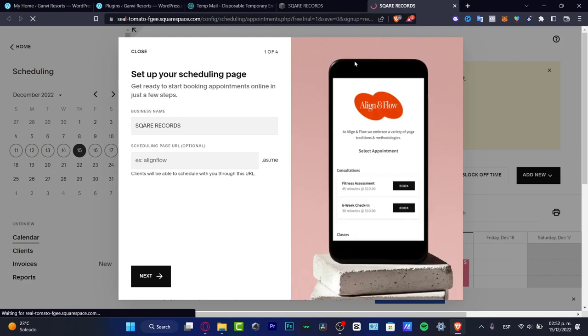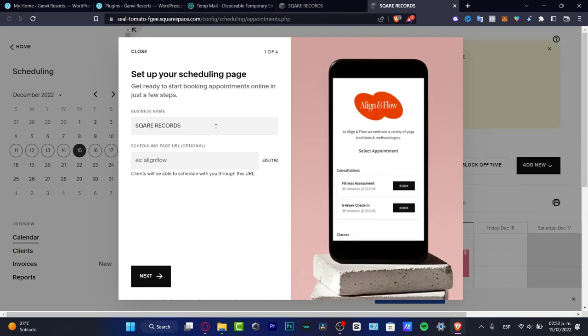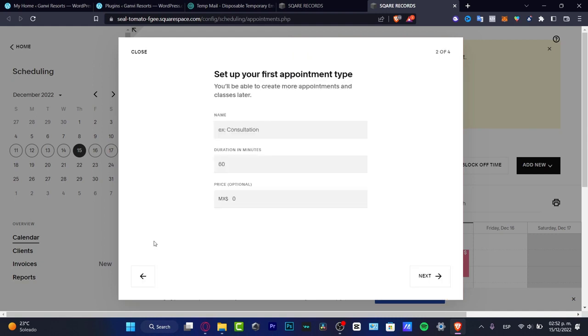So I just need to be patient here. And what I do have available here is the business name and the scheduling page URL, if you do have one of those. And if not, go into next. And here in next, we do have the setup of your first appointment type, like name, duration in minutes, and the price. So here in the name, let's say I want to put consultation,